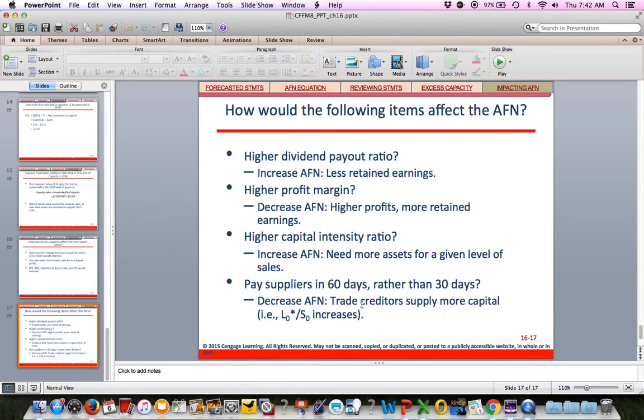Okay, so that's a shorter chapter, but this chapter is really about figuring out what the AFN is, additional funds needed. That's really the meat and potatoes of the chapter, and then figuring out what our capacity is, and then figuring out what our forecasted financial statements would look like. So I'll do another recording showing you the Excel, and if you